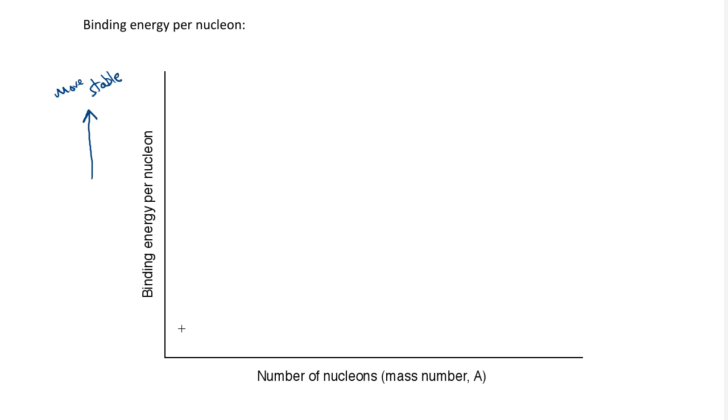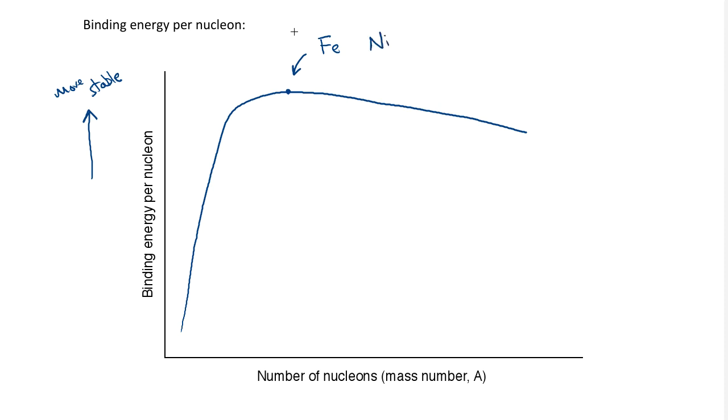And what we see is that the values increase sharply and then they kind of plateau like this and come down slightly. What this means is that our most stable nuclei are up here. And up here is where you'll find iron and nickel. Iron with 56 nucleons and nickel with 62. These are our most stable nuclei. Up here, they have the most binding energy per nucleon. Again, that means you need to put the most energy in to these per nucleon